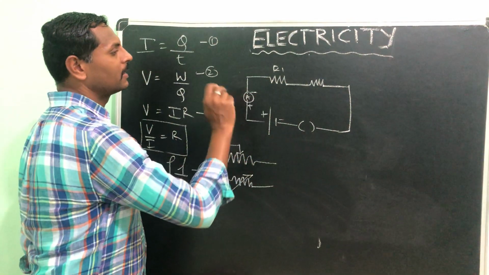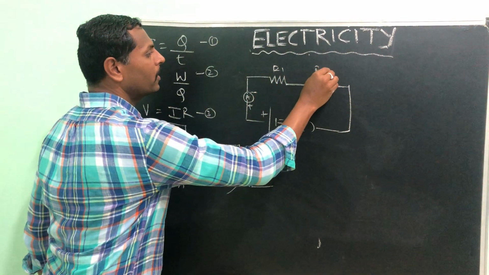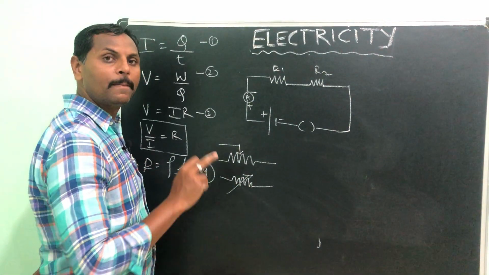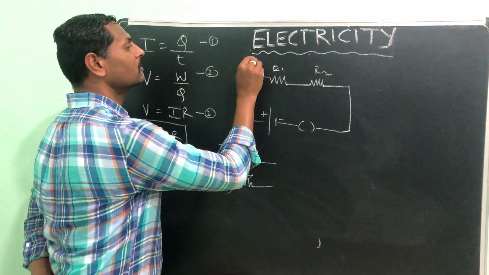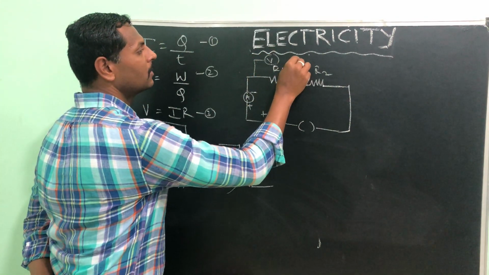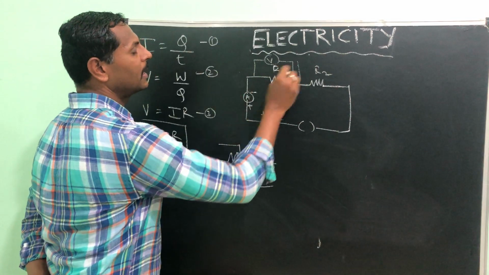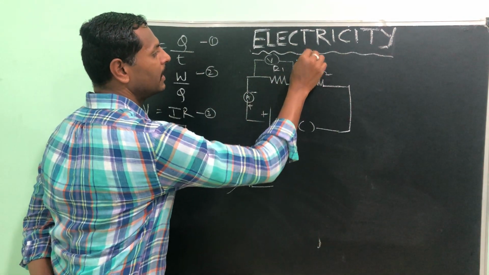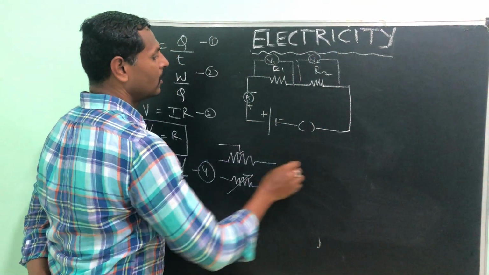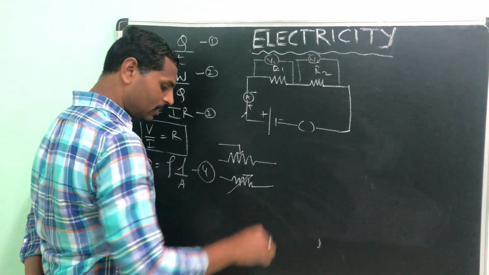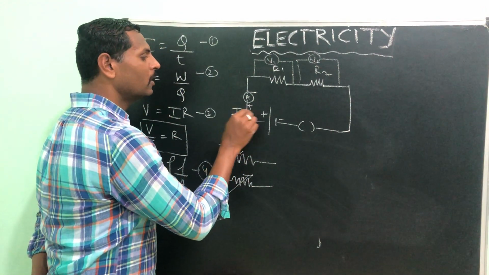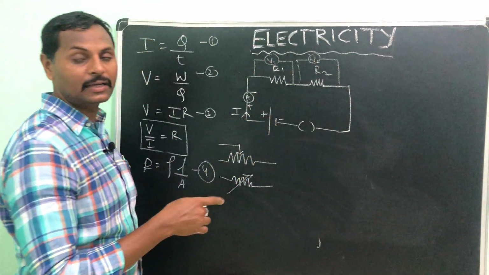This is a resistance R1 and R2. You know that we always connect the voltmeter parallel to the resistances. So here I will connect the voltmeter like this: voltage between this end and voltage between this end, V1 and V2, I will write like this. Current always flows from positive to negative, the conventional direction of current.